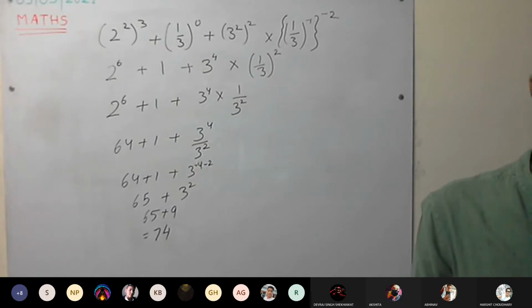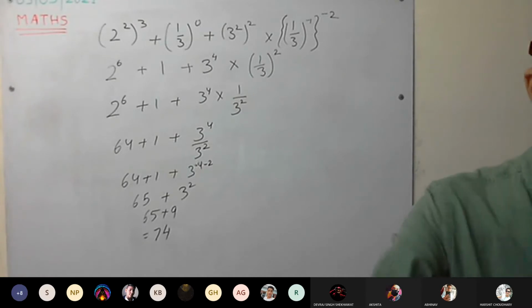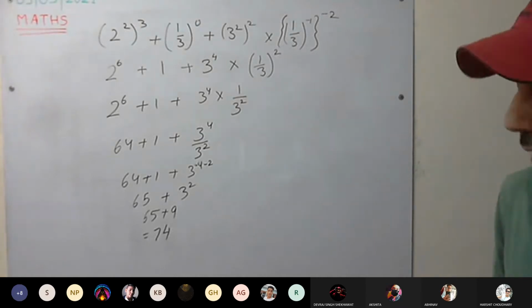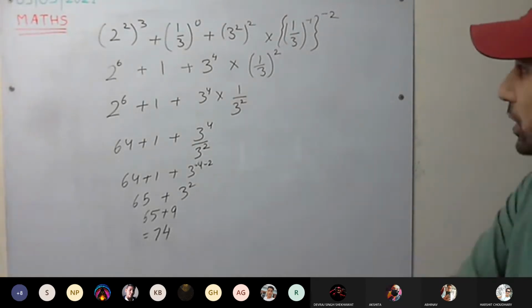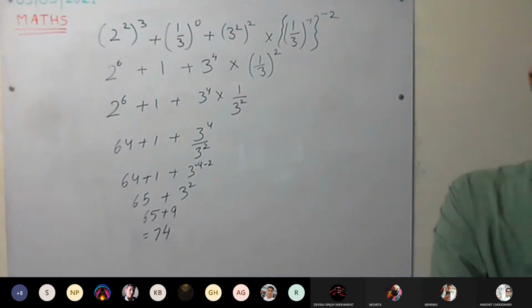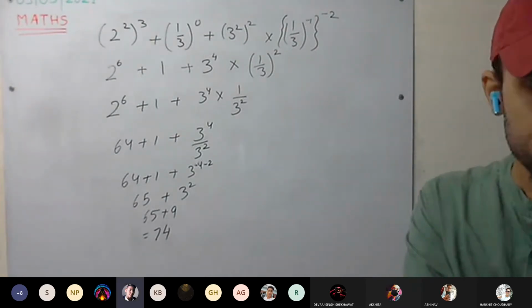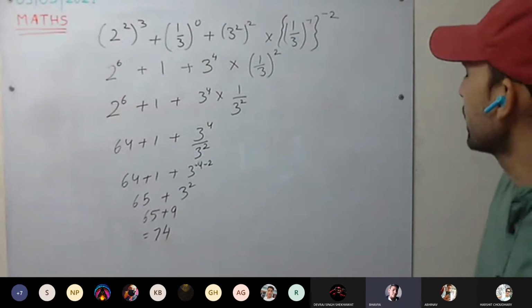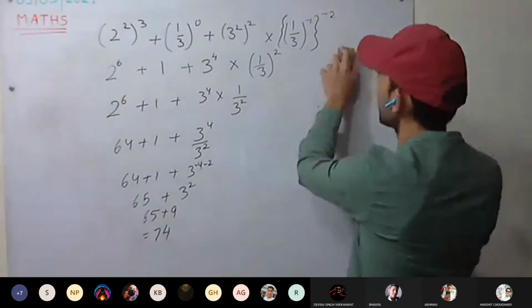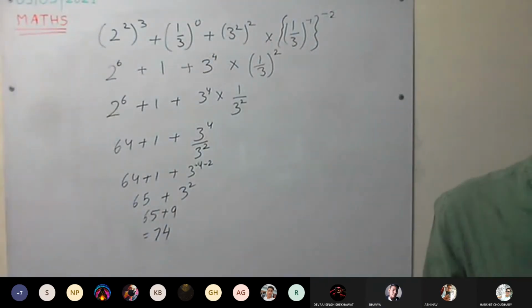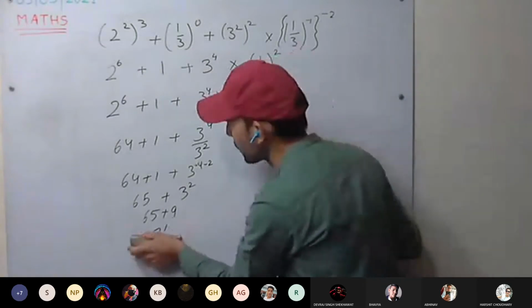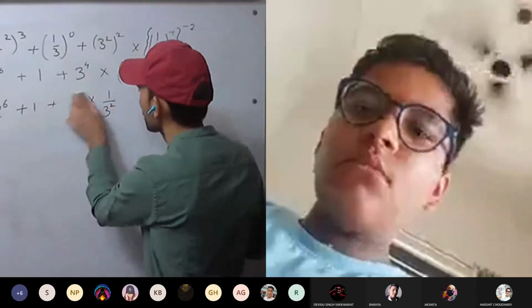Do the 8th one first. Here we will use one trick as well. 7th first, has everyone completed? Yes, sir. Okay. 8th first you do it. Use the trick here. 4 you can write as 2 square. It's a good question.